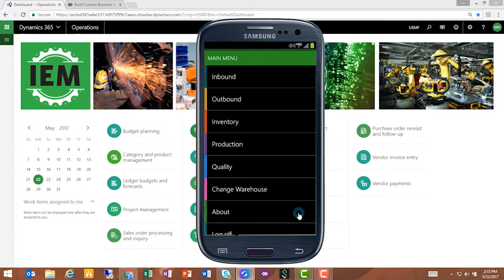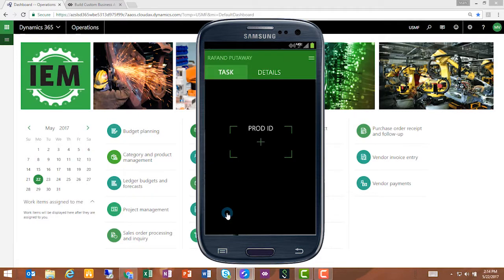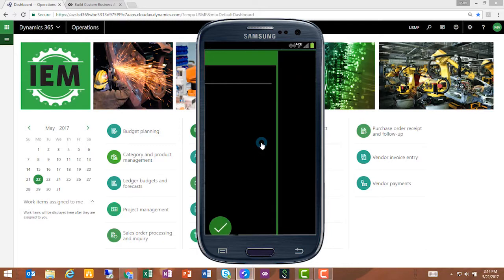I'm going to do an example here of a production transaction, so I'll click on production, and I can do a variety of processes here. The one I want to illustrate is the RAF and put away, which means to report as finished a quantity from a production order and to put away in a specific location. Now I would normally scan the production order barcode from my paperwork or perhaps from my bin. In this case, for the purpose of our demo, I'm going to click on that space right there and provide it through the keyboard. This is on production order